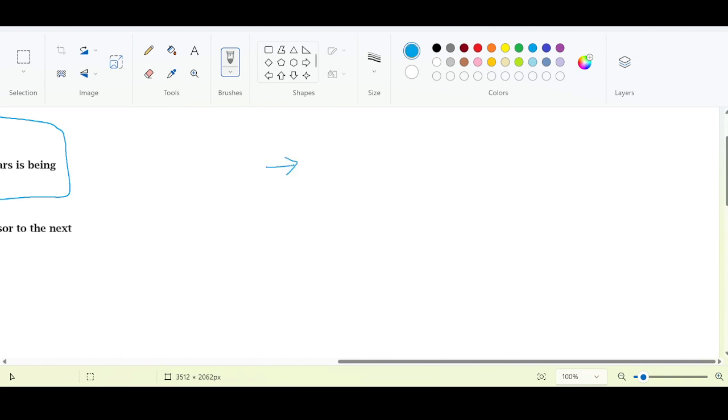So this is the outer for loop. The job of the outer for loop is to move the cursor to the next line. When it is pointing to the first line, four spaces have to be created. Firstly, four spaces, S S S S, and a star. In the second iteration, again, when the